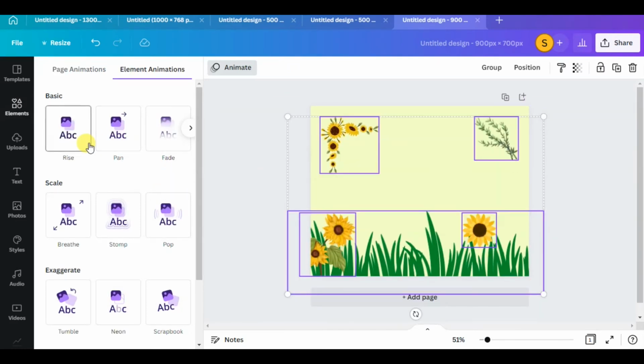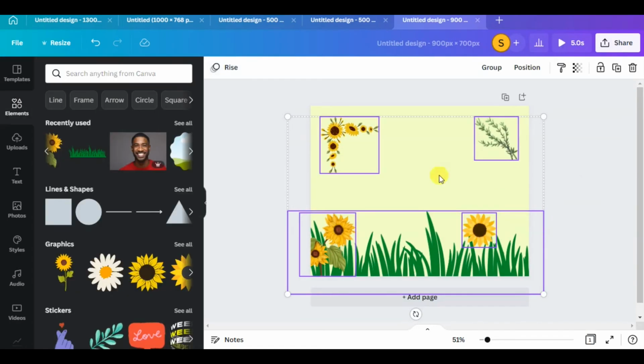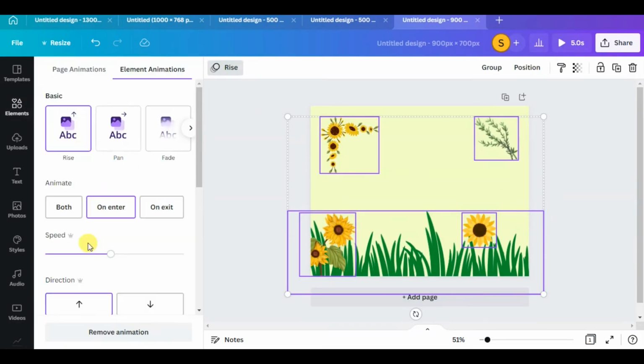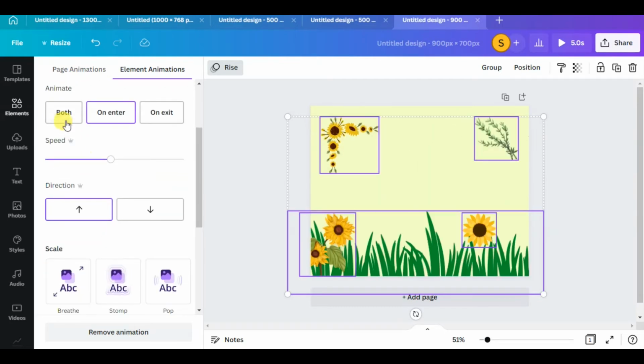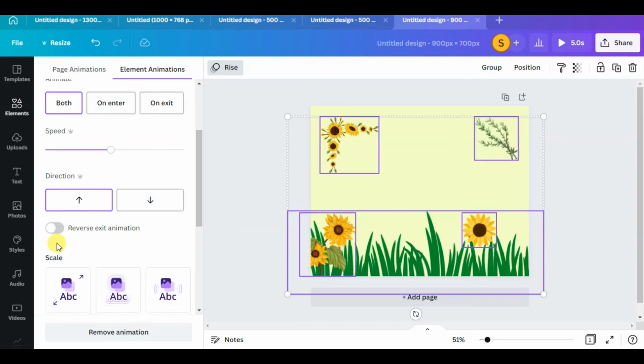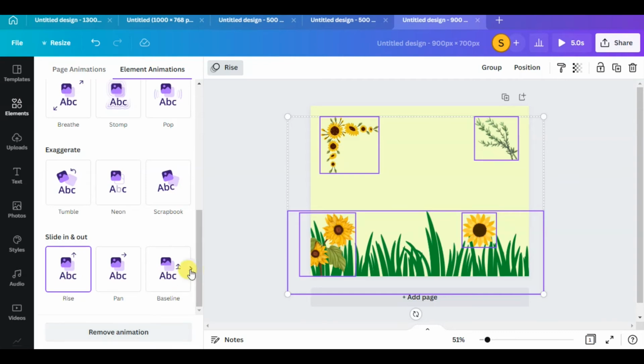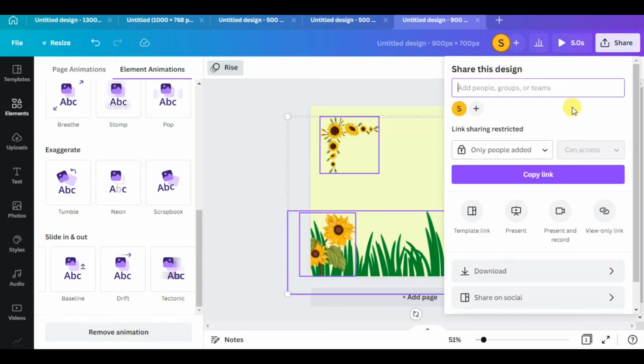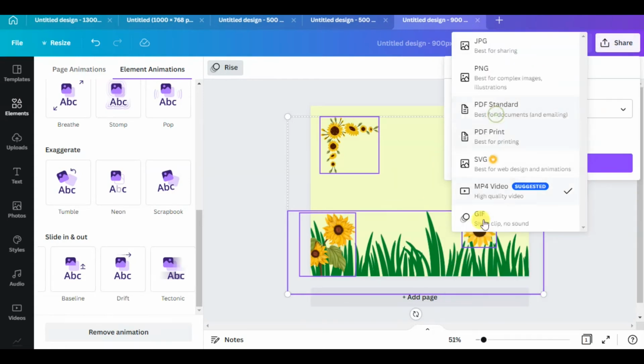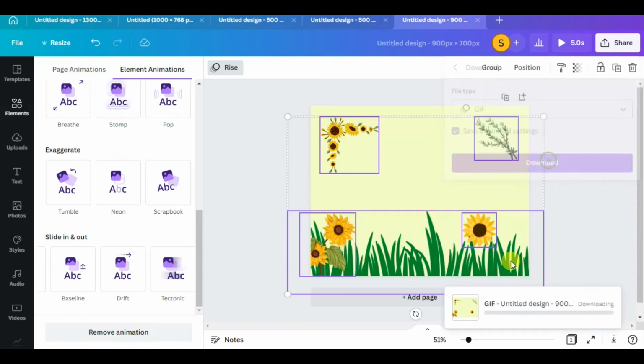So for animate, I'm gonna go for the whole page and go with that. And I'm not gonna waste too much thought on this.